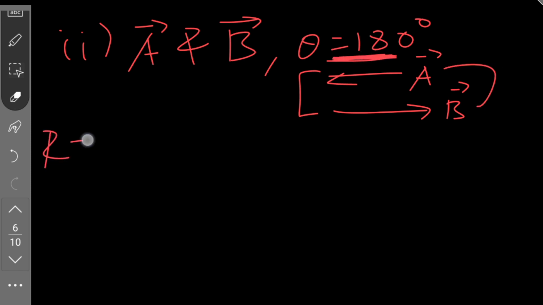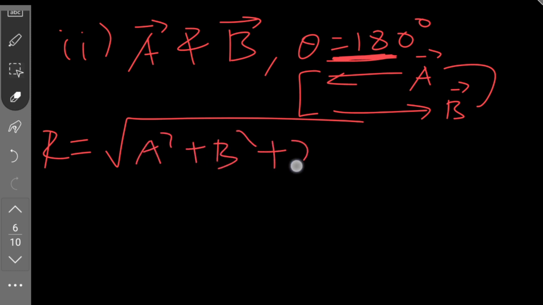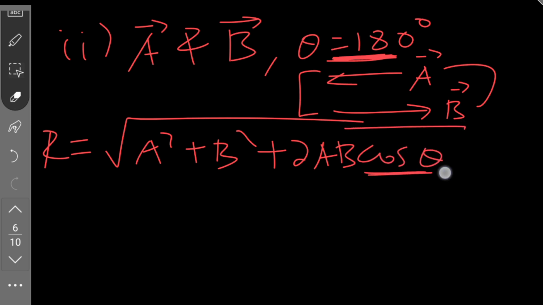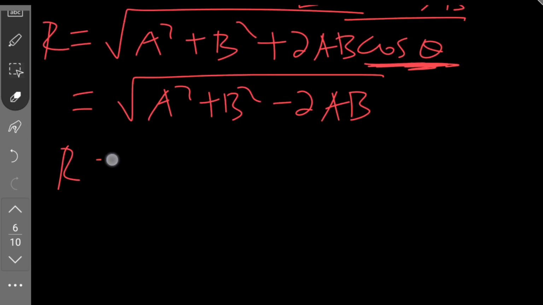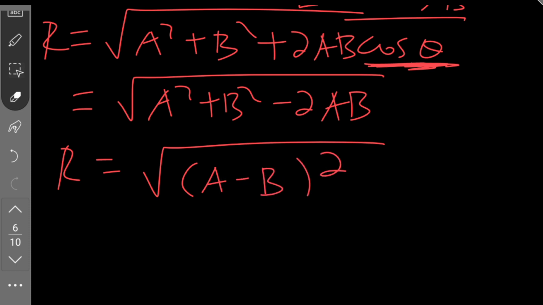Then r is equals to ምን ብለናል? a square plus b square plus 2ab cos theta ተብሏል። Then cos 180 degree, theta የምትለውን 180 substitute ስናደርግ cos 180 degree minus 1 ነች። Then እንደዚህ ጽፈዋለሁ a square plus b square minus 2ab ይሆናል ማለት ነው። Then ይሄን ፋክተር ሳረገው r is equals to በብራኬት a minus b the whole square then under root መውጣት ይችላል።